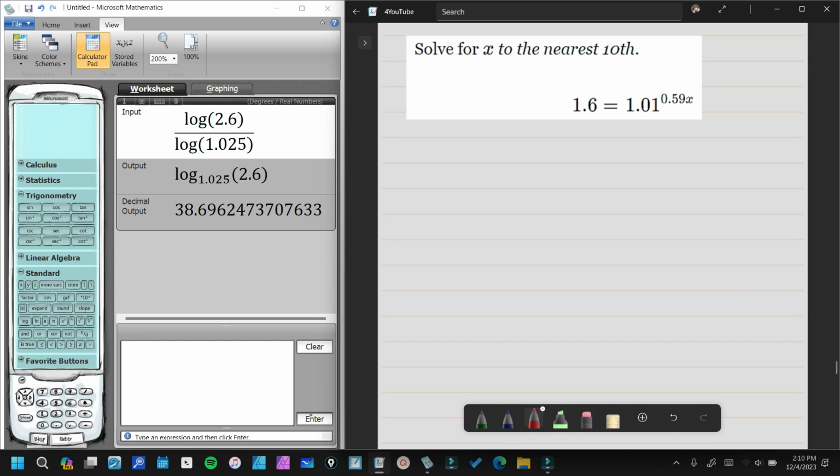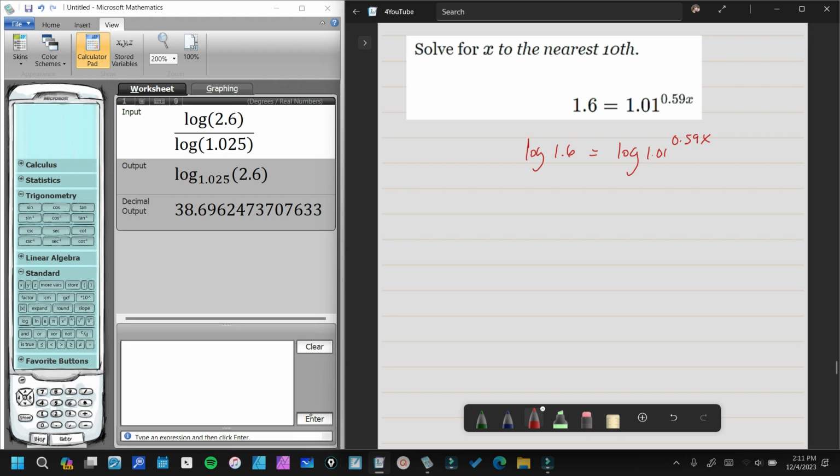All right, let's go to the second example. Again, we need to round off our answer here to the nearest tenth. Now, unlike what we had a while ago in the first example, we already have two terms here, of course, separated by the equal sign. So the next thing that we will do here is to use logarithm, which means we can have here logarithm 1.6 equals logarithm 1.01 raised to